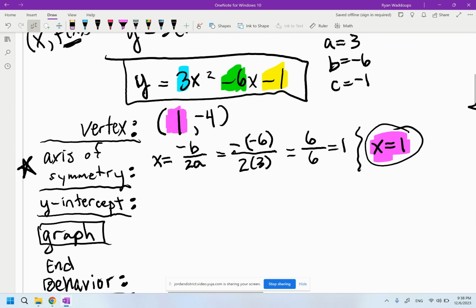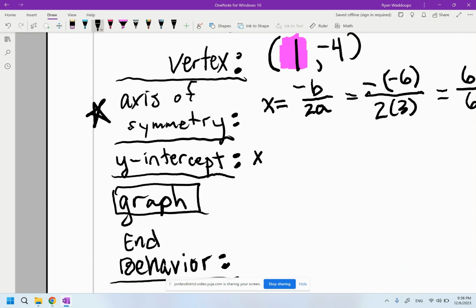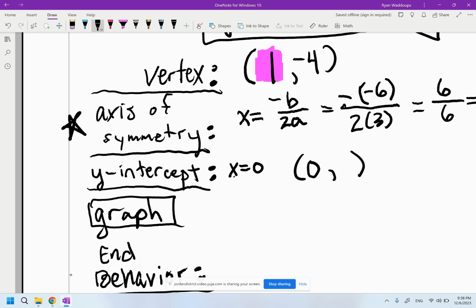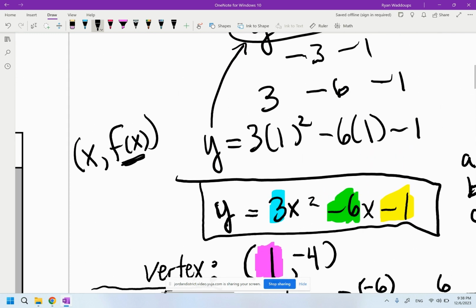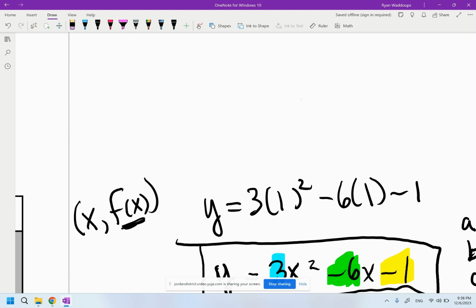Now I need to find the y-intercept. And something to keep in mind about y-intercepts is that they always happen where x equals 0. And so my y-intercept, I know, is going to be some ordered pair where it crosses the y-axis. And it crosses the y-axis when x equals 0. Just like up here, when I knew that x equals 1 to find the vertex, well, here to find the y-intercept, I know x equals 0. So I can go back to what I had over here. I can erase this part right here and just say, instead of 1 for x,